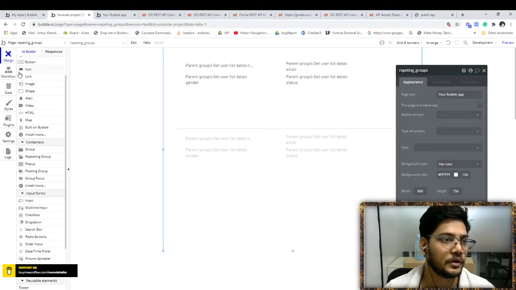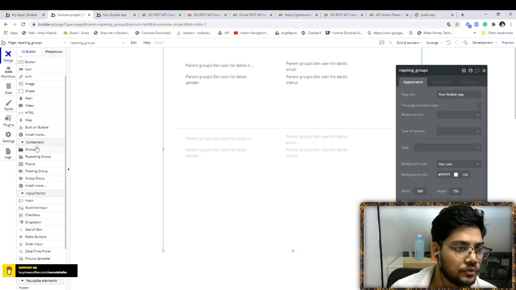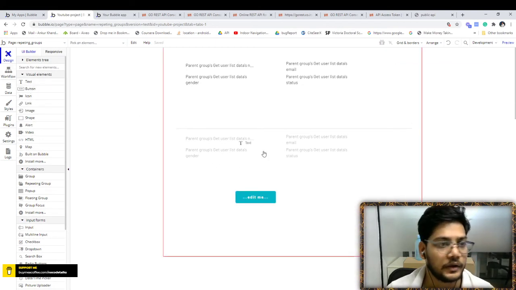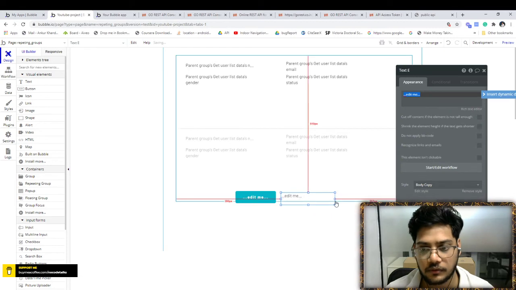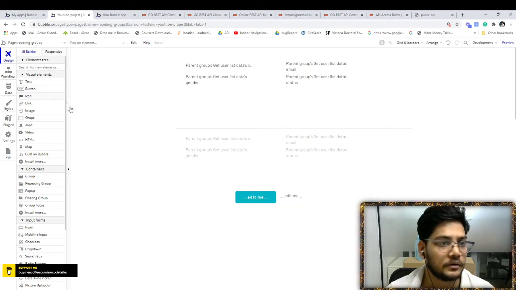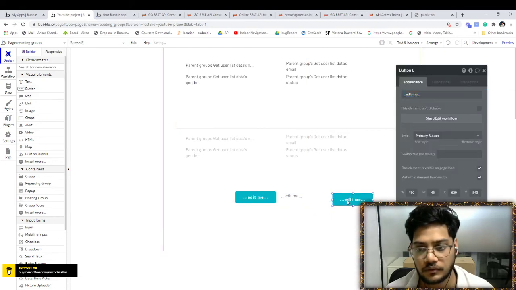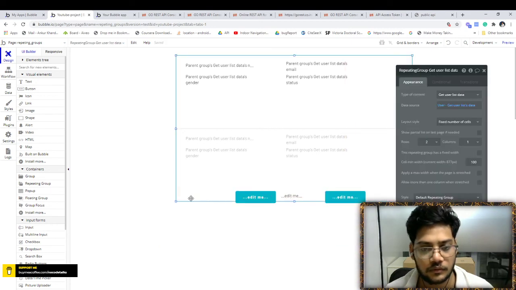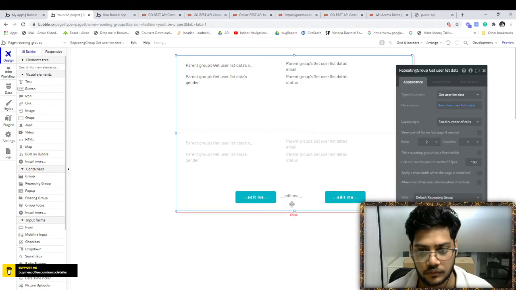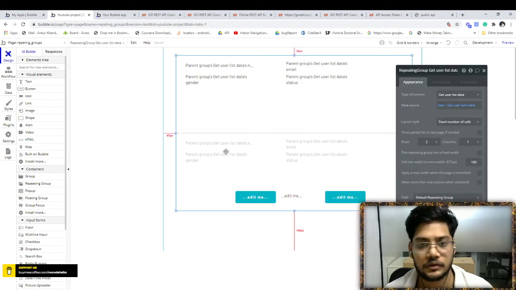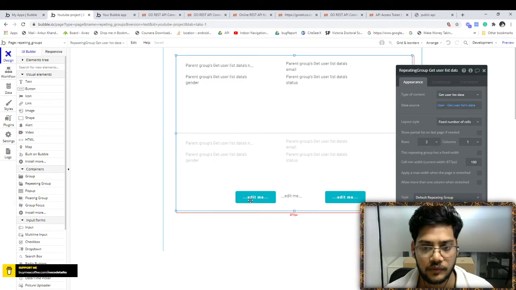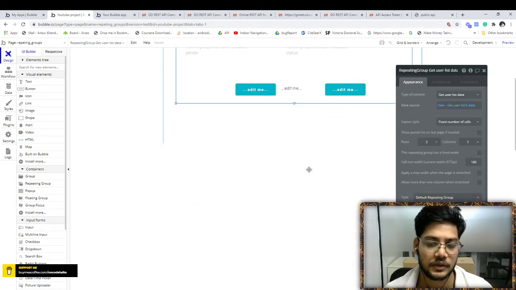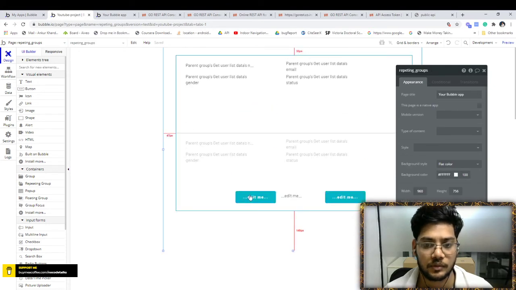We will put a button, then a text showing the current page number, and then another button. We have to put this apart from the repeating group, not as part of it.